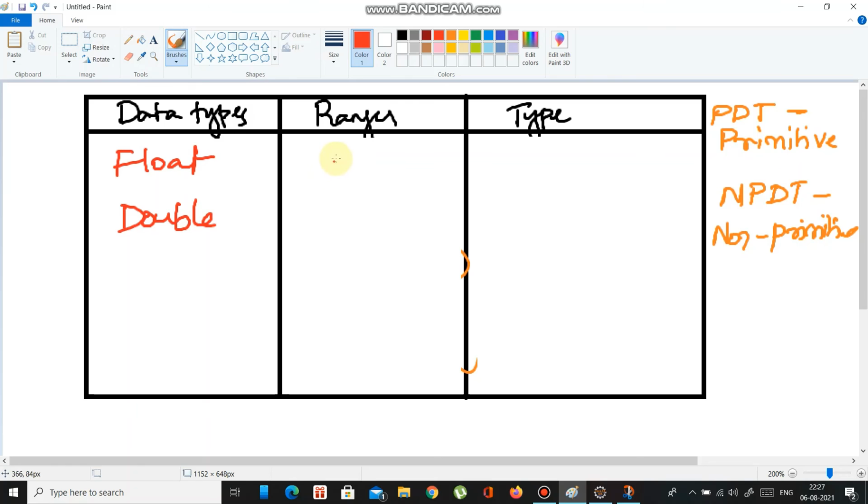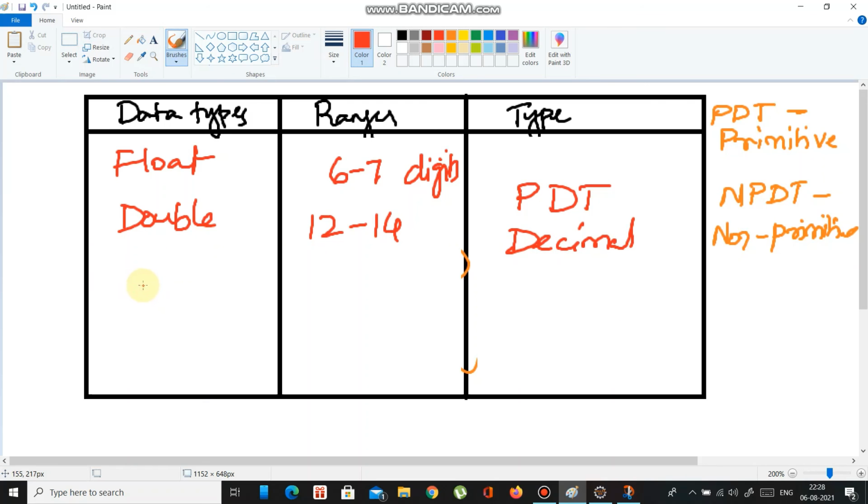Okay, so float can store up to 6 to 7 digits after the decimal, and double can store up to 12 to 14 digits. So it is also a primitive data type but decimal.